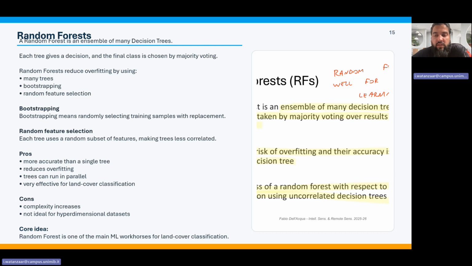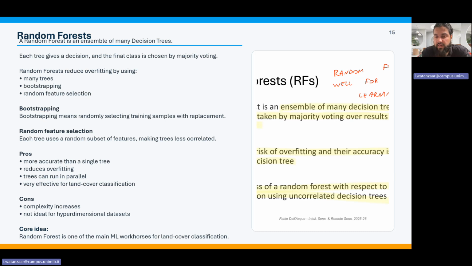And so that's why the data is not overfit anymore. Bootstrapping, or random features selection. We will discuss all of these: many trees, or the number of trees in the random forest, later on. Bootstrapping means randomly selecting training samples with replacement. This is really important: the samples are selected randomly with replacement, and they are consistently trying to replace